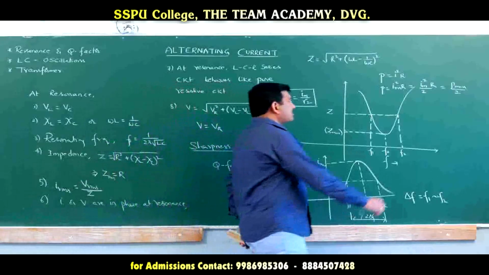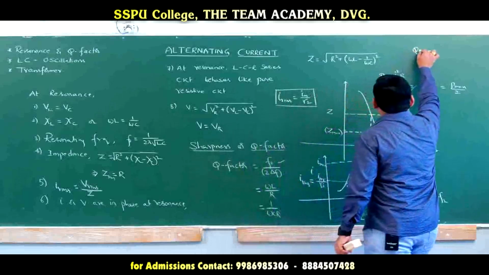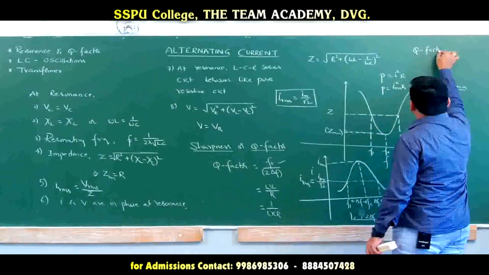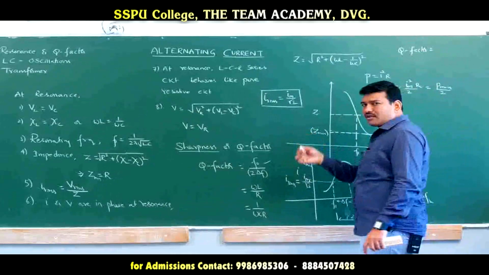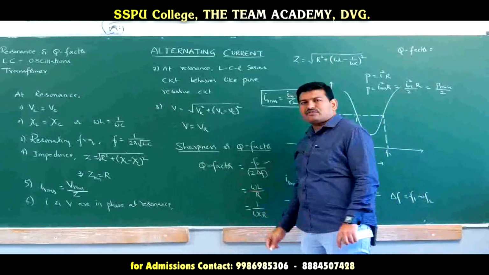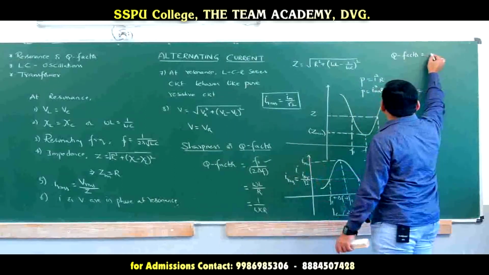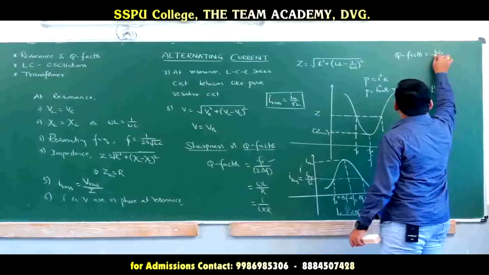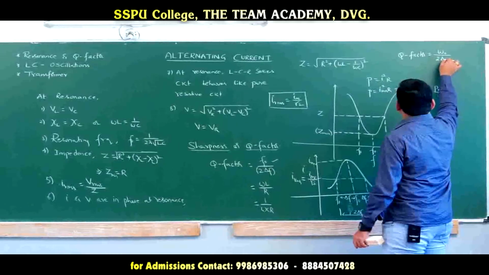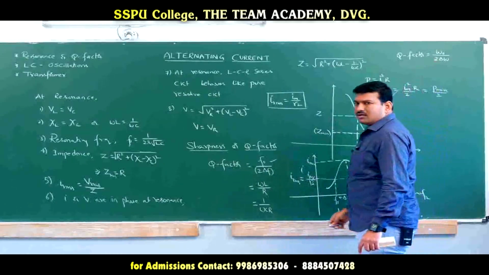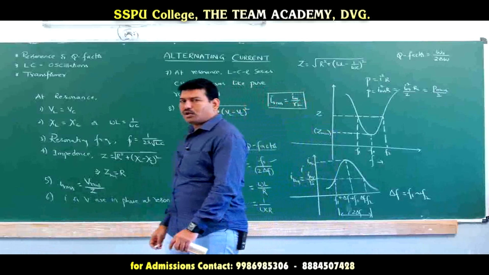And in some cases we can also take the quality factor like this. Quality factor can be written in terms of angular frequencies also. If f0 refers to the linear frequency, then angular frequency is 2 pi f. Therefore I can write it as omega naught divided by 2 delta omega. This can also be the representation for quality factor.